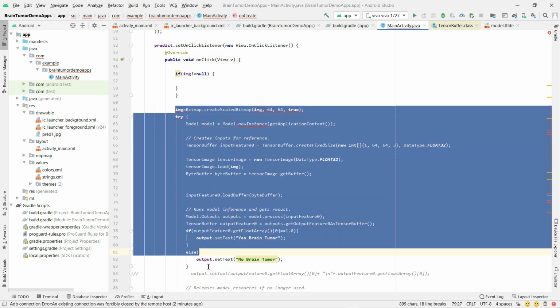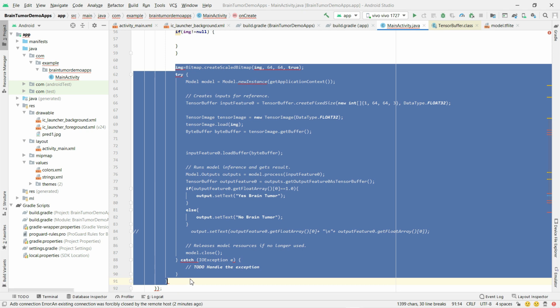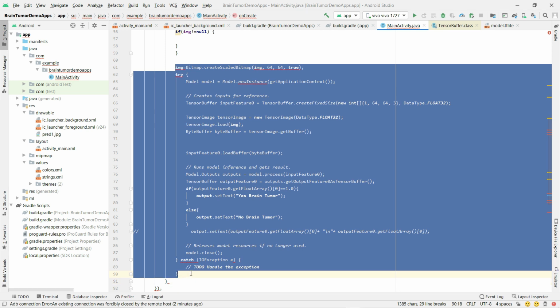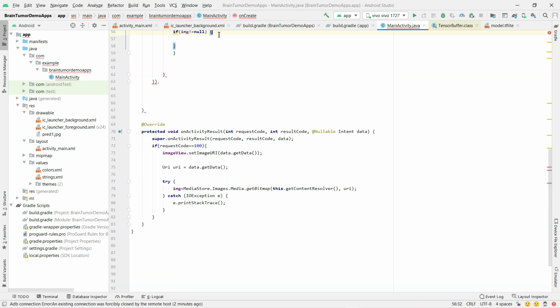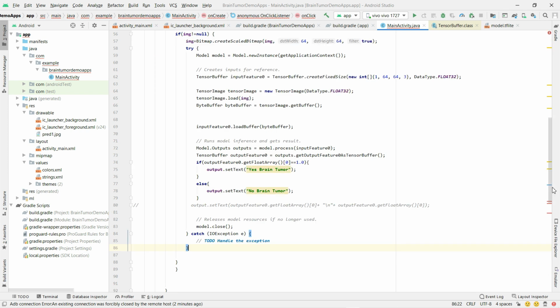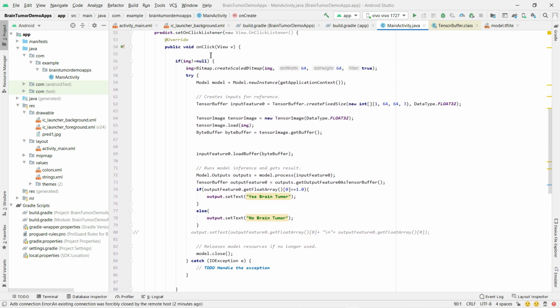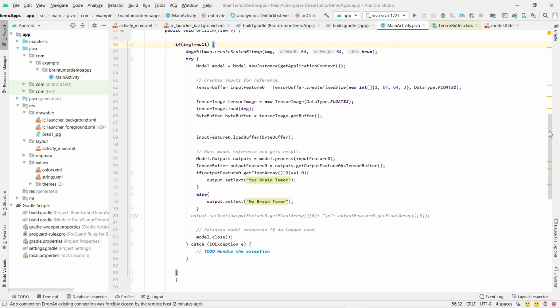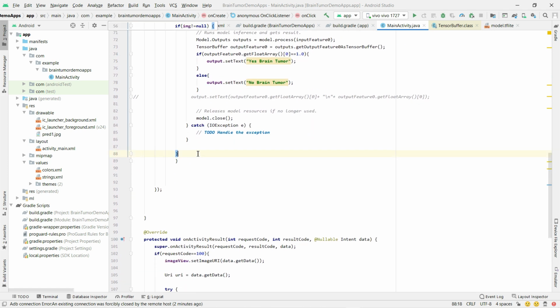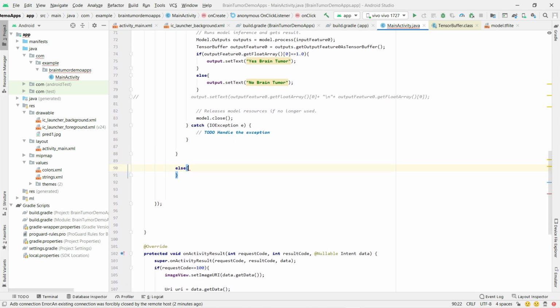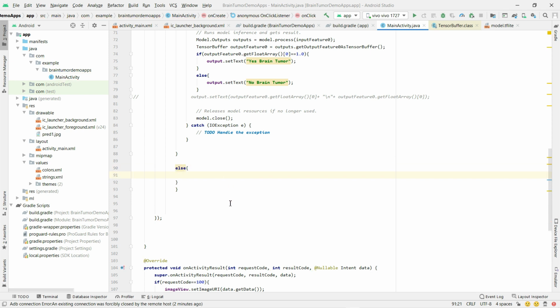We are going to copy this catch one, Control X, and paste it here. Okay, I think you need to release that. So this is nothing but the else block. That means while the picture is not null, that means any picture is selected, then it will do this. But while the picture is not selected, in the else part, we need to